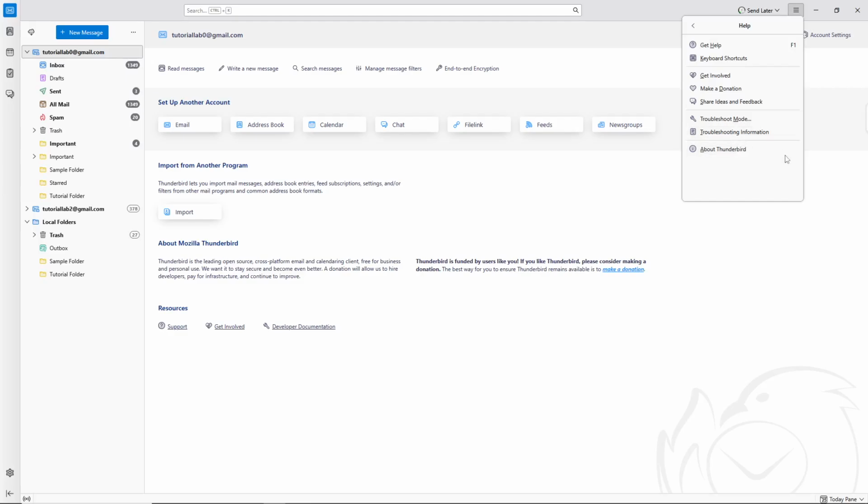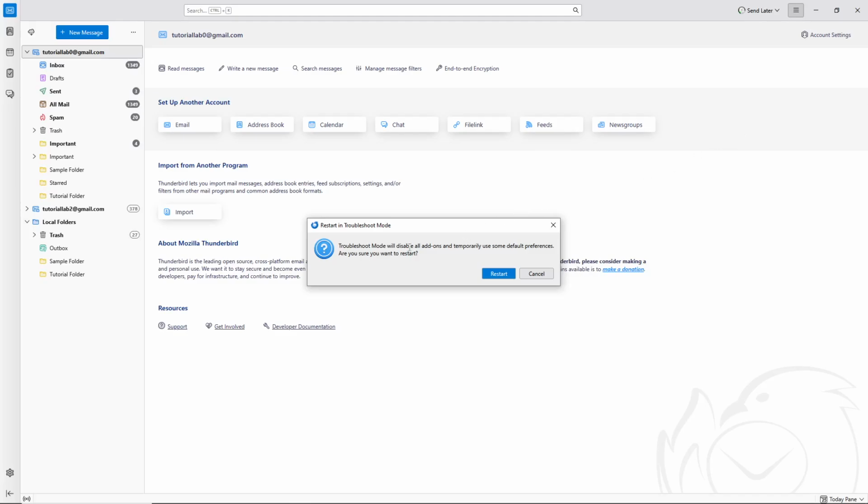Next, within the Help menu, you'll see an option labeled Troubleshoot Mode. Click on this option. Troubleshoot Mode is a diagnostic feature that allows Thunderbird to run in a simplified state. What this does is temporarily disable all your installed add-ons and extensions, which are often the culprits behind slow performance. By running in this mode, you can determine whether an add-on is causing the issue without permanently removing anything from